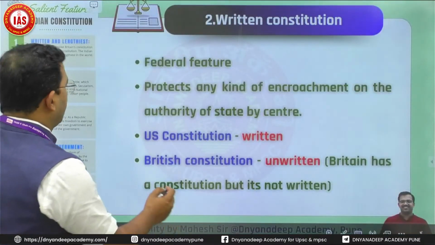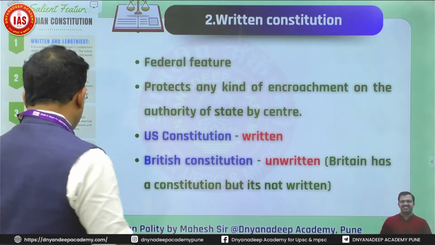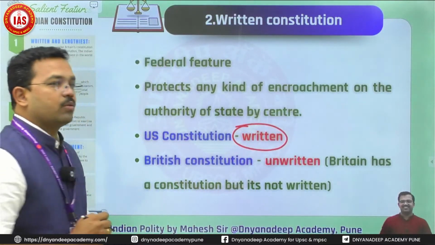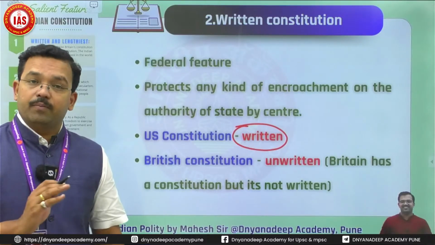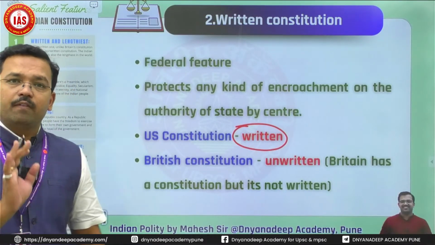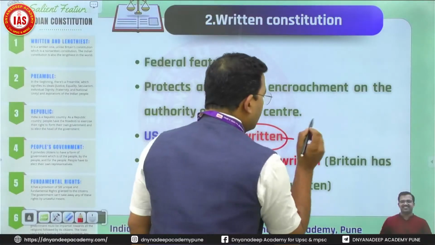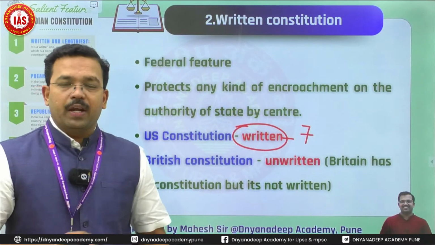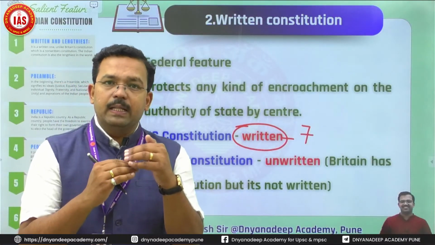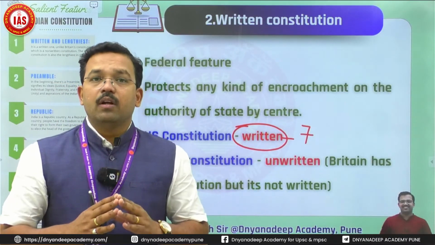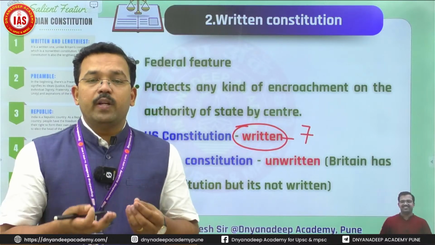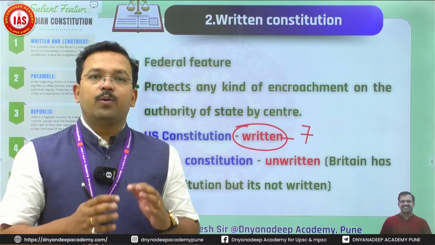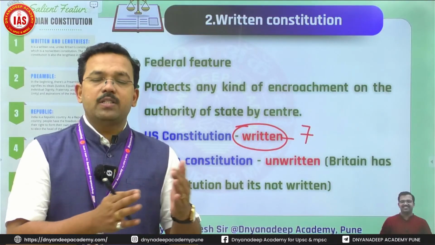Now coming to the American Constitution. It is a written constitution. But just a few minutes ago, we have seen the American Constitution had only 7 articles, right? It means very few things were written in the original American Constitution. Then comes the question: who will interpret these articles? Who will have the right to give proper meaning to these articles?